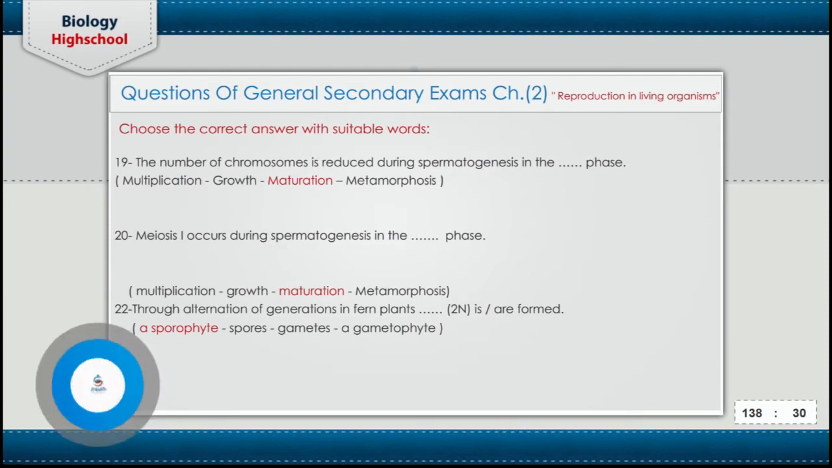Through the alternation of generation in fern plants, the 2n is formed in the sporophyte, because we understand that the sporophyte is formed due to the fusion between male and female gametes, which forms the zygote, and the zygote divides by mitosis to produce the sporophyte. So during the alternation of generation in fern plants such as adiantum or polypodium, the 2n is formed by the sporophyte. But the spores, the gametophyte, the gametes, all of them are haploid, because the sporophyte forms the leaves, and